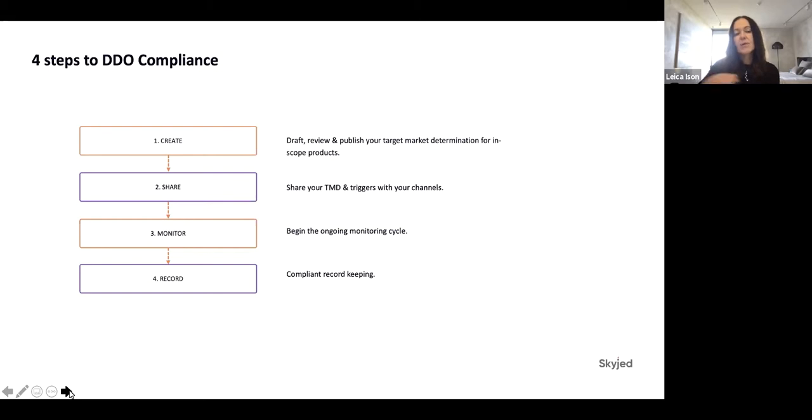The third phase in operationalising product governance is monitoring, setting a nice, clear monitoring cycle for your products after you've launched and when they're out in those distribution channels. And then finally, all of the record keeping that we need. I do know what it's like to be a product leader when you're stretched really thin, and often pulling together all the records that you need for compliance across various shared drives is a real challenge.